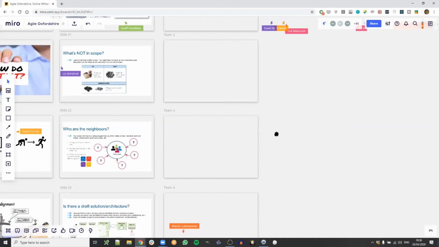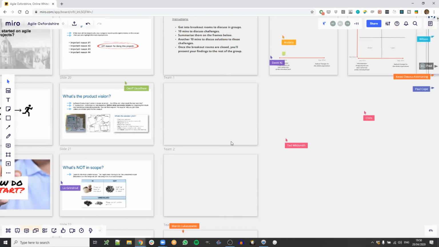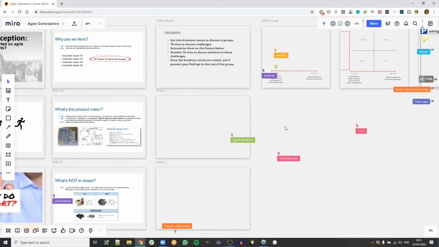So if you can use Miro in your groups to put in those boxes what your findings are, in terms of 2 things: challenges, and then what solutions you have for those. You can use post-it notes or text or whatever you want. On the left-hand side, you have text and sticky notes and arrows, comments and all sorts of things. But of course, just use the frame that you have for your team, if that makes sense.